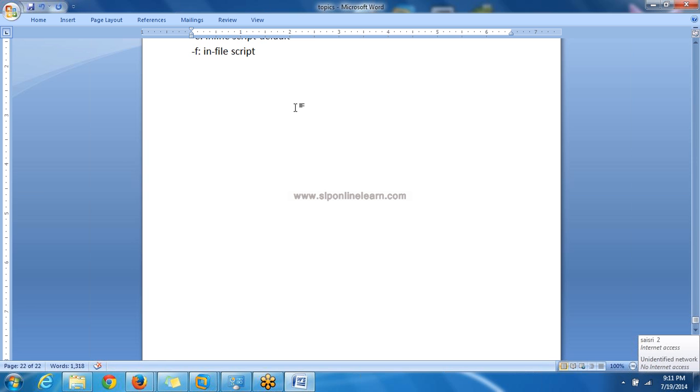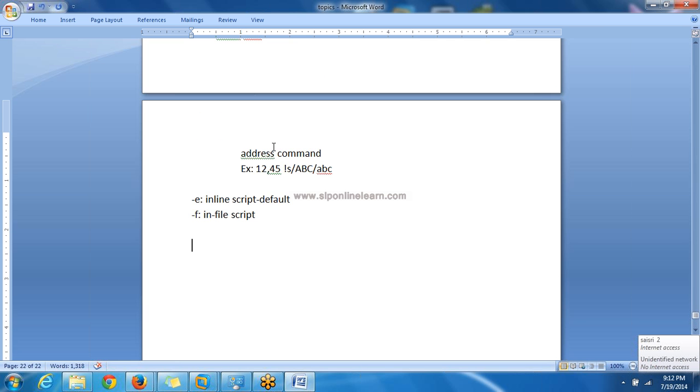Next, what are the commands with the sed command? There are different commands. Before going to these commands, we'll see what an address is and what the different kinds of addresses are. An address is generally some kind of range.